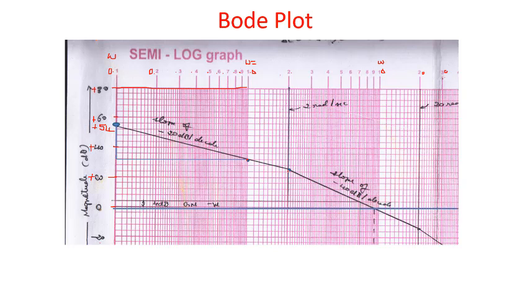Okay. Next, from here we have to draw a slope of minus 40 dB per decade. So how to go ahead? What we suggest is from here take a compass of 40 dB per decade, cut an arc on this part. So where it will be, here it is going to come. So this is the point here, where we get the 40 dB magnitude. So we know this is 0, this is 20, this is 40. Measure from here to here 40. Take a compass, put it at this particular point at 0 dB and this intersection point. Cut an arc here, and from here draw a 1 decade arc.